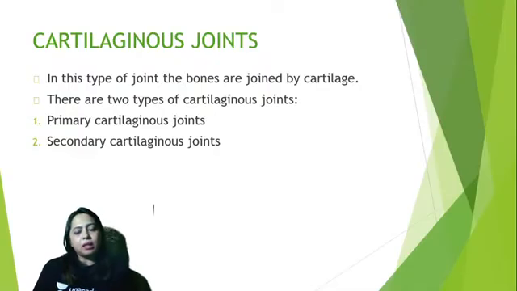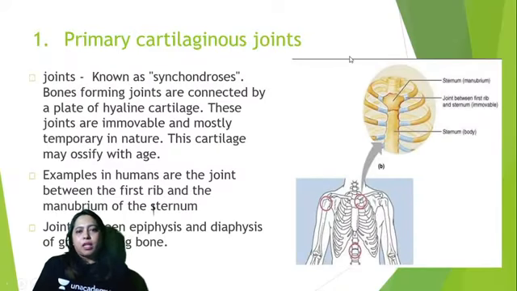They have a cell nest which has got 4 to 5 cells arranged like eggs that are present in a nest. So that's why it is called cell nest. And this kind of arrangement you can see in the hyaline cartilage. And in white fibrocartilage, you can see the cells arranged in a row. So that is what is present in the secondary cartilaginous joint. Both these types of cartilages are seen.